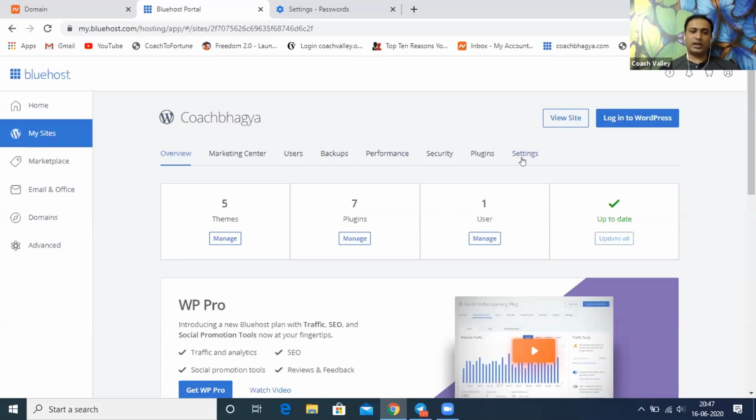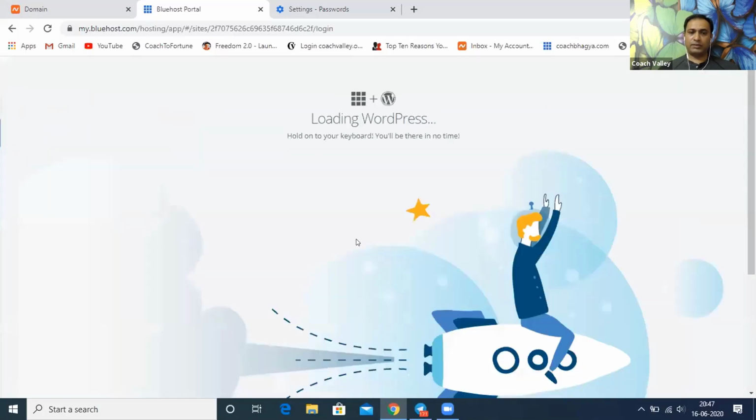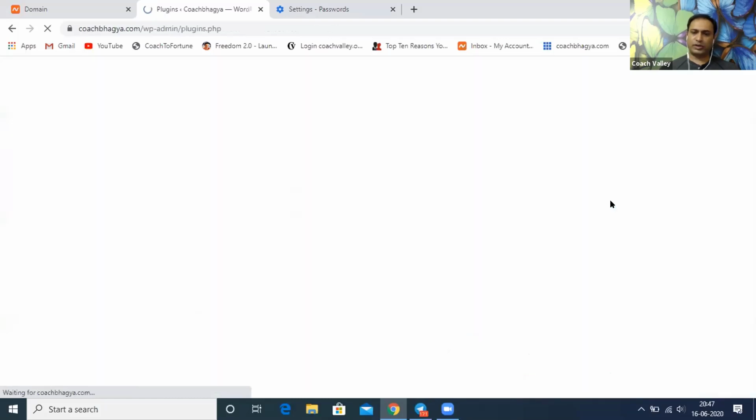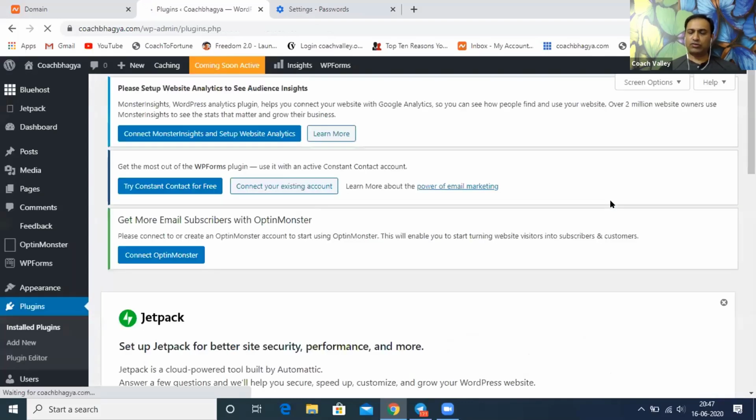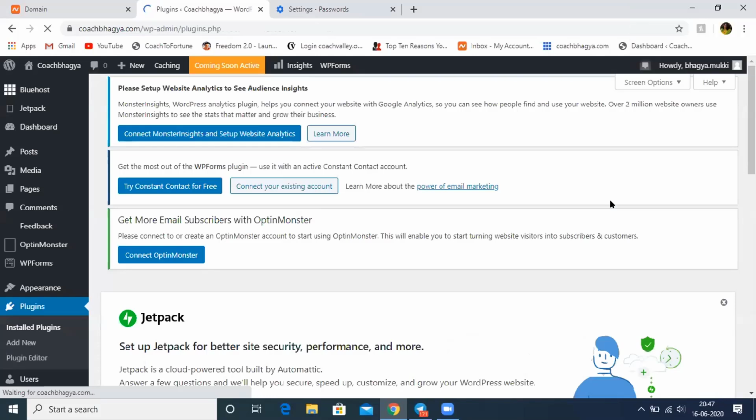First, let us go ahead and click on plugins. Manage. Click on manage. Let us see what plugins are there as of now. There will be pre-installed plugins. Bluehost does this, that whenever you create your account, there'll be certain plugins which are already installed. Okay, we can add more plugins. I'll talk about that more, but these are some basic plugins. If you remember in my first session, on how to create a website and all the stuff, I told you about a few plugins, right? Okay, so scroll down, Bhagya.